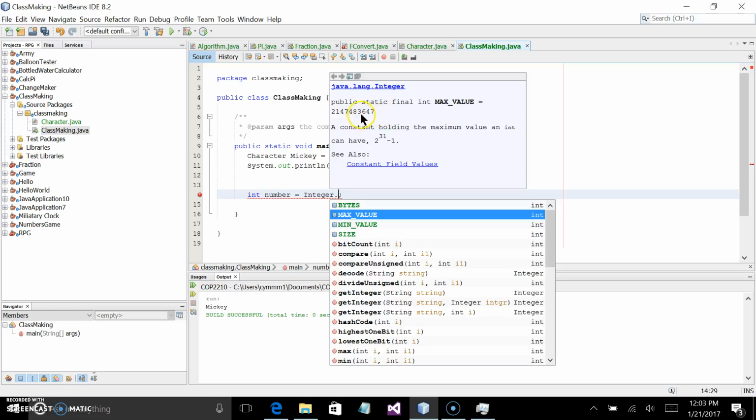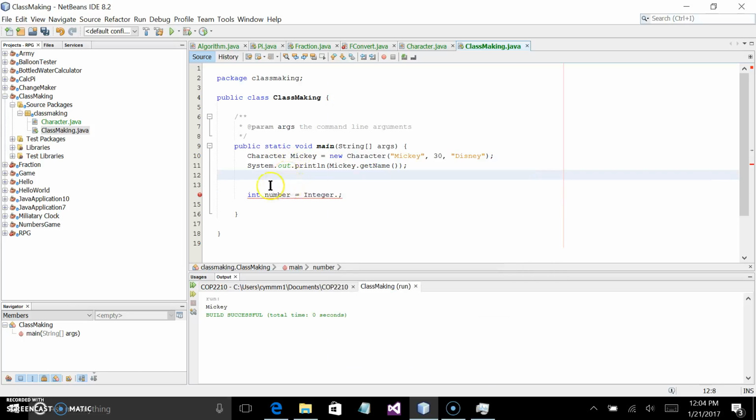So that can hold 2 billion. The max number it can hold is 2 billion. And I know most people don't go up to 2 billion unless you're doing something like usernames or IDs for people. So that's what an integer is. It's a whole number. Now you have double,